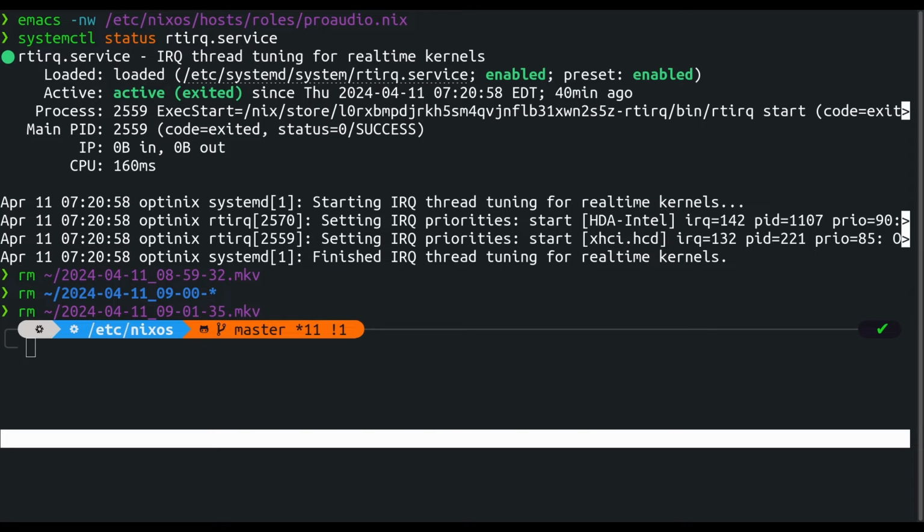To get ready for this, and just to have a baseline place to start from, I'm going to muck around with some switches on the back of my sound card to set it to a sample rate of 48 kilohertz. It doesn't really matter; this is just arbitrary. You could set it to whatever you like. I'm using 48 kilohertz because it tends to be what phones and other consumer devices record at, and